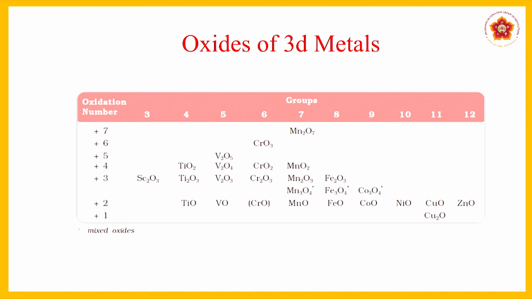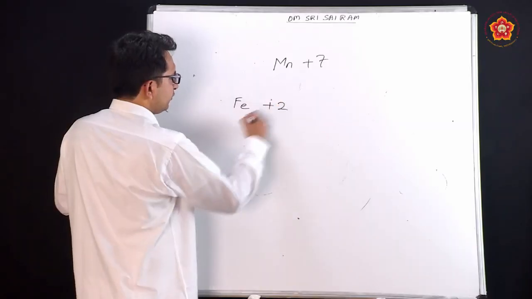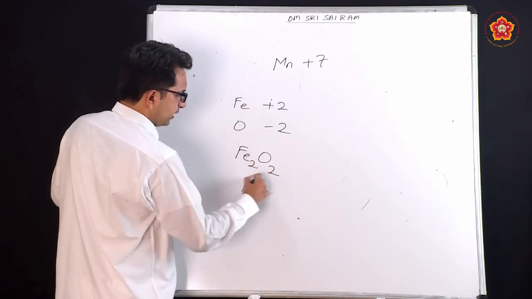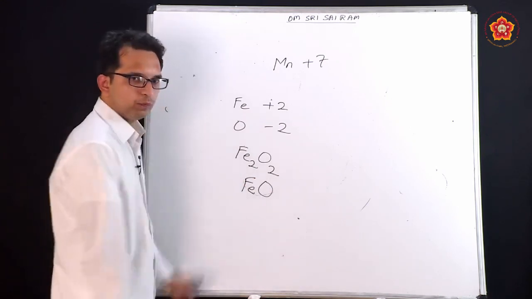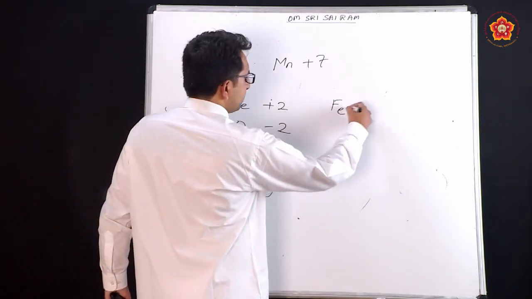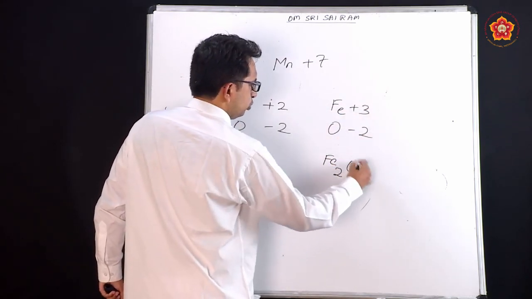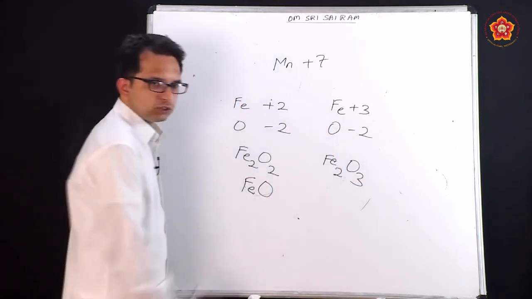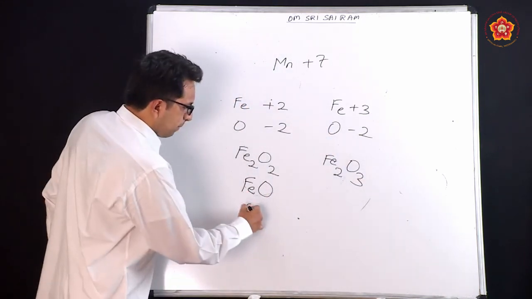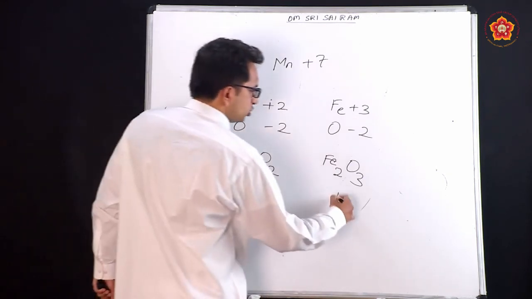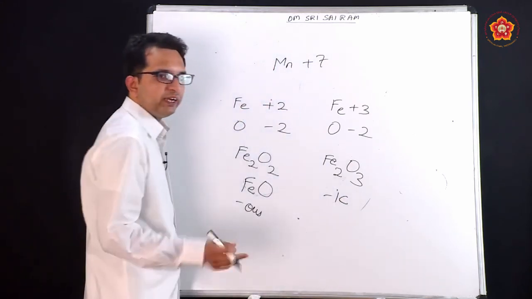Please observe that iron part, where iron is having FeO and Fe2O3. So, what are those oxidation states? Let us just see. Iron, if it is in the +2 oxidation state, then it can become like this, and if you stabilize this, it will become FeO. If I consider iron in the +3 state, oxygen in -2 as usual, this will be Fe2O3. So, these are two compounds. The lower oxidation compounds end with the name -ous, ferrous oxide. Higher oxidation compounds end with the name -ic, ferric oxide.